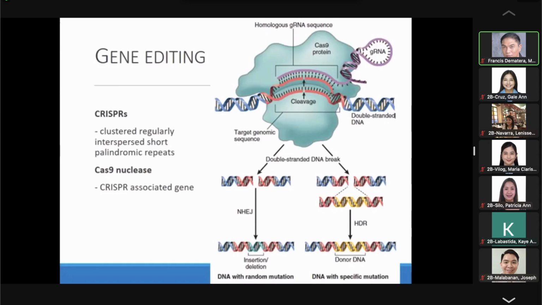So the break in DNA should cause repair, but that repair is error prone, and instead of becoming a repair, it can end up as a mutation that will disable the gene. So in gene editing, this process makes synthetic guide RNAs that would bind Cas9 and look for target DNA. So the idea of making guide RNA may act like stop codons to stop mutation or replace mutations to repair a gene.